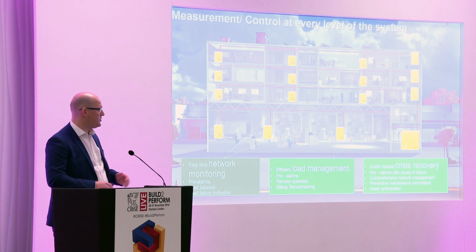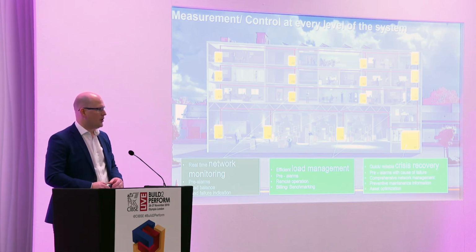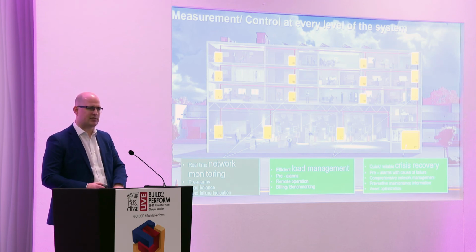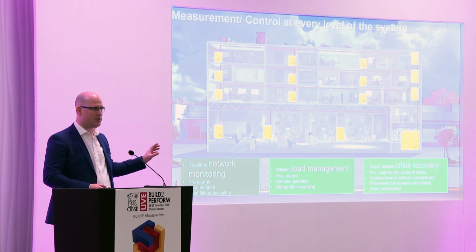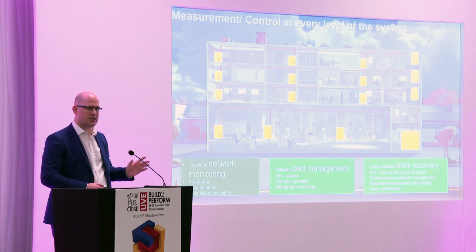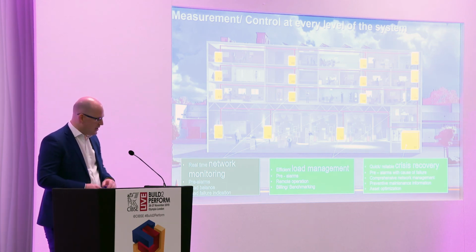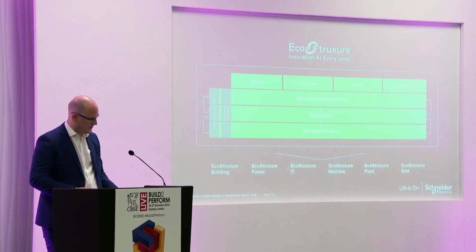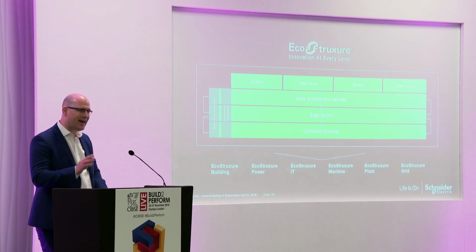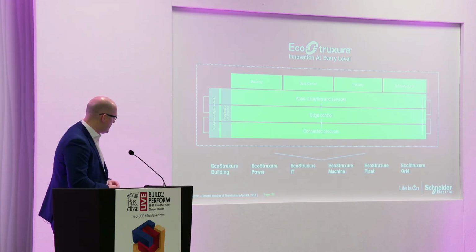The other thing just worth saying, because people always ask this question, this is very nice in the new building, but actually a lot of the buildings that we are going to operate exist today. Okay, about 80% of what will be in use in 2050 exists today. A lot of this can be done in an existing building. There is now a lot of wireless technology in this space, so it's not just for new buildings. There's also a cost piece here, because that's the other question we get asked a lot. What is the cost? Okay, so we're going to come back to cost because we've got a real life working example, and I'll talk you through the additional cost, and I think you might be surprised.